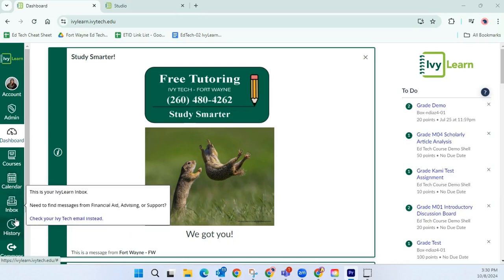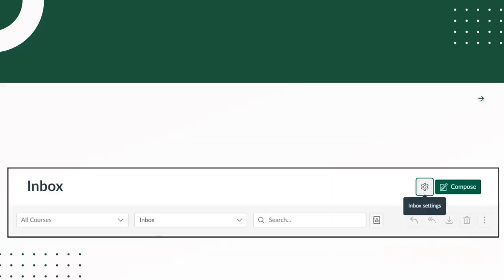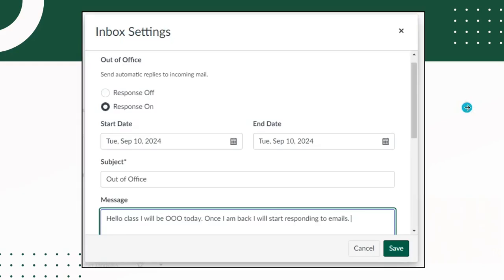After you have clicked on the Canvas inbox icon, you'll be taken to this screen. From here, you'll need to click on the Inbox Settings icon that's located right next to the Compose button. From there, in the Inbox Settings, to the very top of the page, you will see the Out of Office option. From there, you'll be able to choose if you want it off or on, and